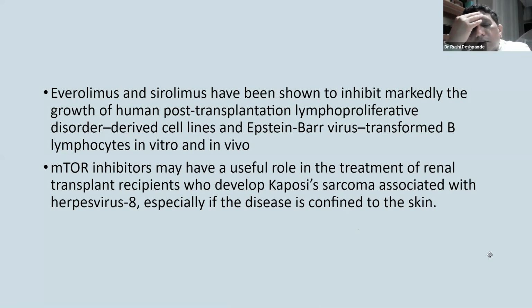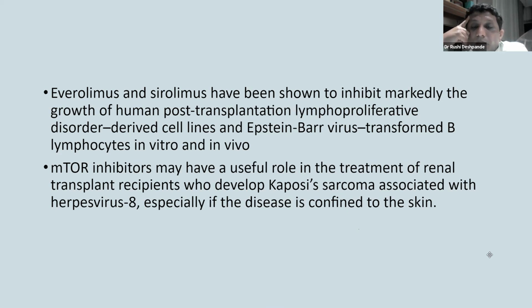So particularly when you're transplanting across an EBV mismatch, that would happen with teenage patients getting a kidney from their parents or a younger child getting a kidney, you will be worried about EBV infections later in life manifesting with PTLD. And there, using a drug like this will have a lot of value. A reduction in Kaposi sarcoma has been shown with this group of drugs. What is interesting is that when used in patients with kidney failure related to ADPKD, you actually find that the native kidney shrinks over a period of time when they remain on these drugs.